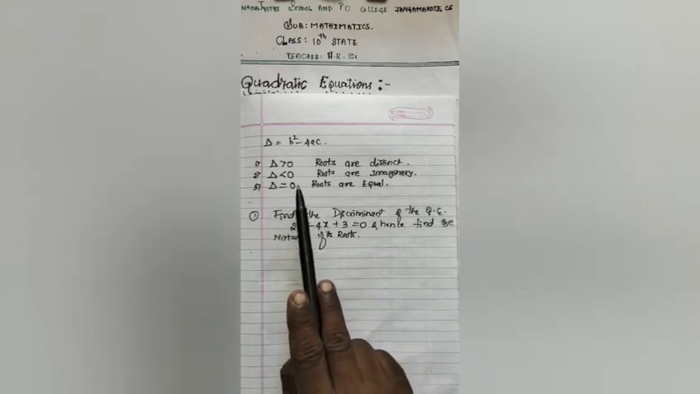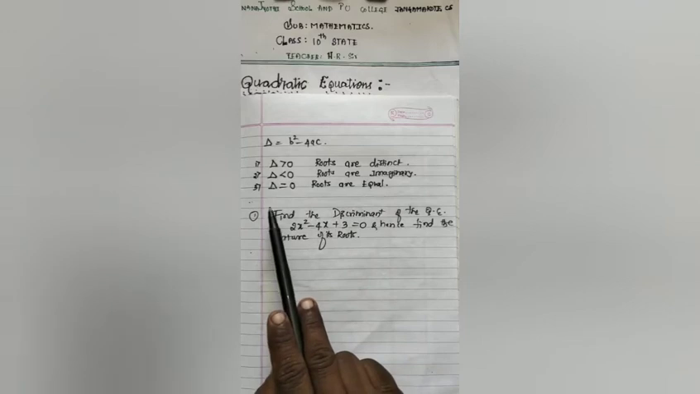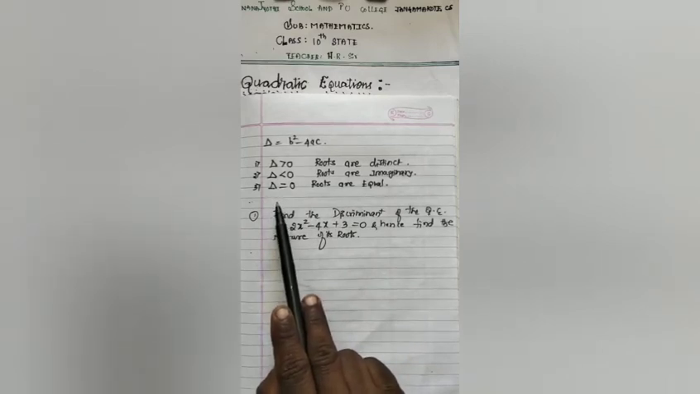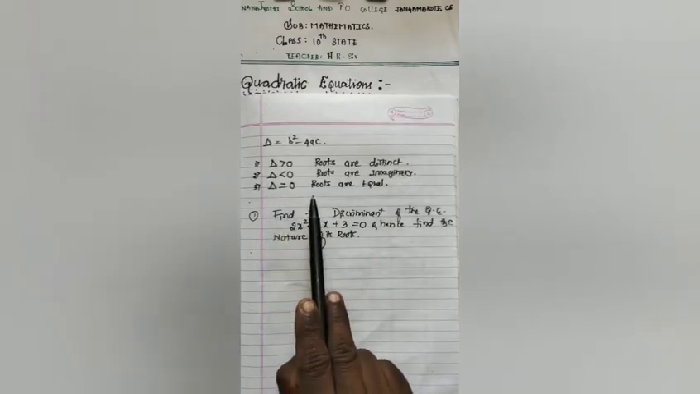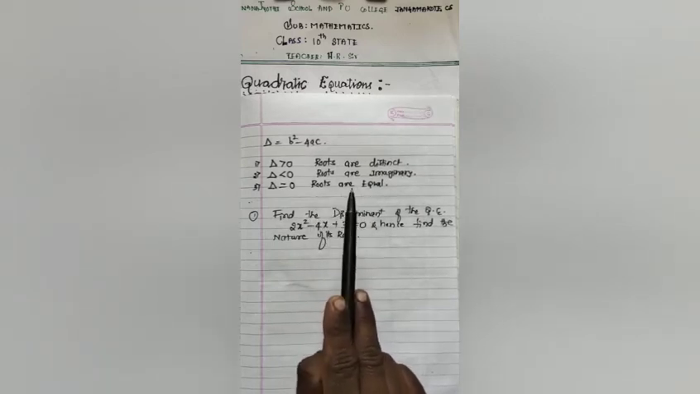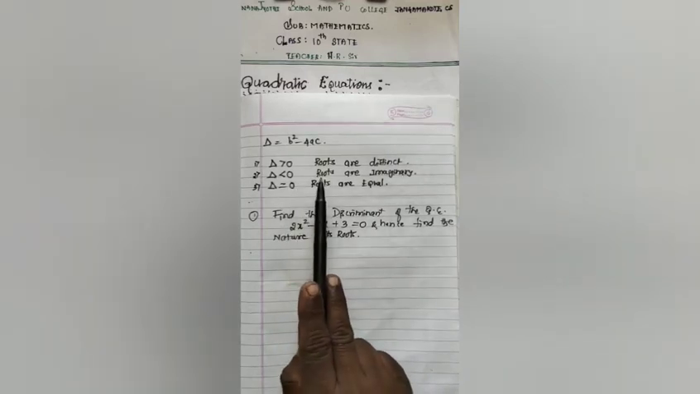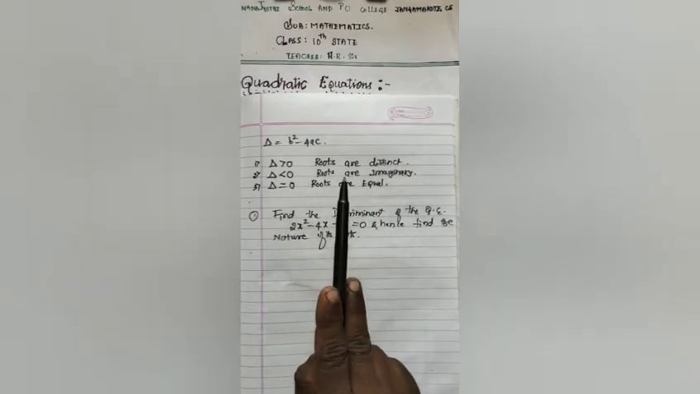If delta is less than 0, the two roots are imaginary. And similarly, if delta is equal to 0, the two roots are equal. So it is clear, right? So b square minus 4ac is known as the discriminant of the quadratic equation ax square plus bx plus c